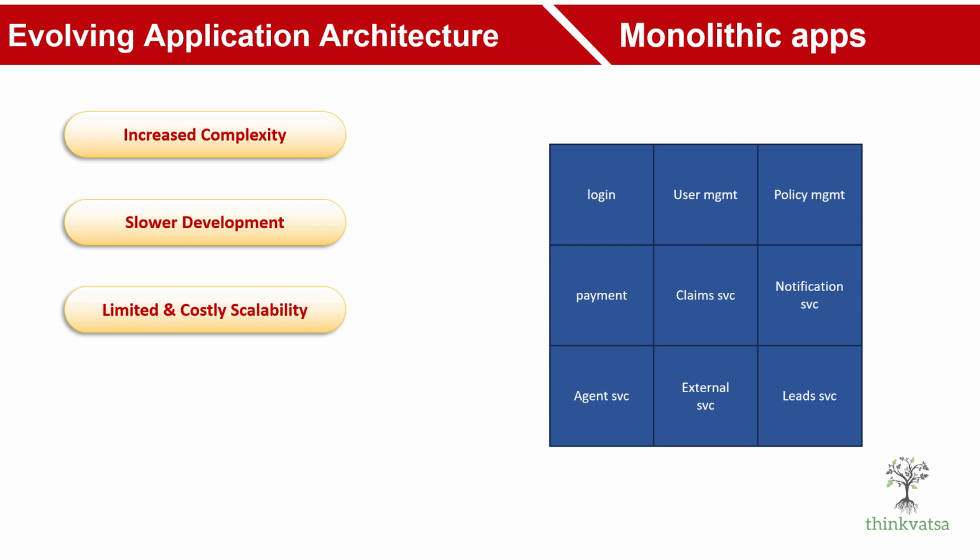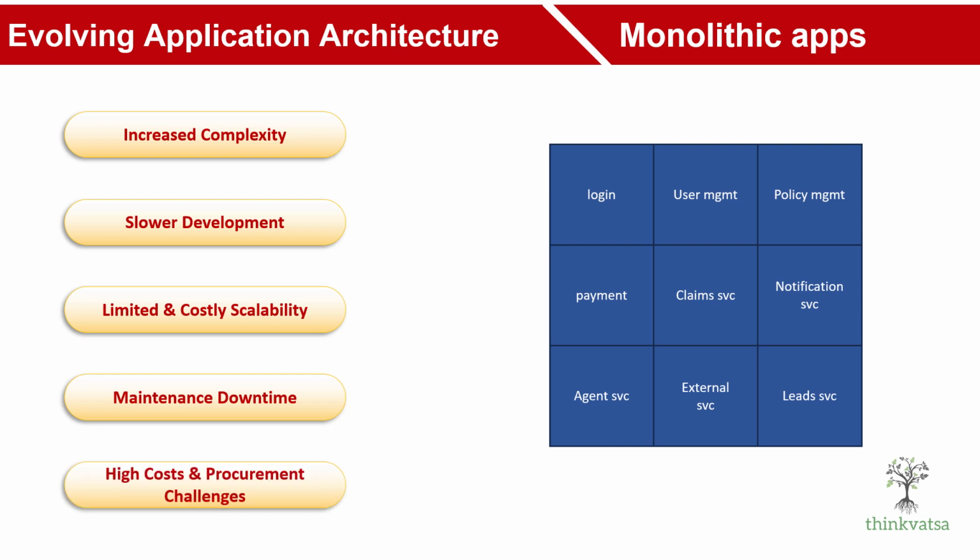Scaling the entire application requires deploying new instances, which is inefficient and expensive at the same time. Upgrades, patches, or migrations, even for a single function within a monolith app, required full downtime, disrupting all services for clients, which is definitely inefficient. And running a monolith requires expensive and high capacity hardware such as compute, memory, storage, networking to run the entire application. So we started thinking, is there a better way to design applications so we can avoid